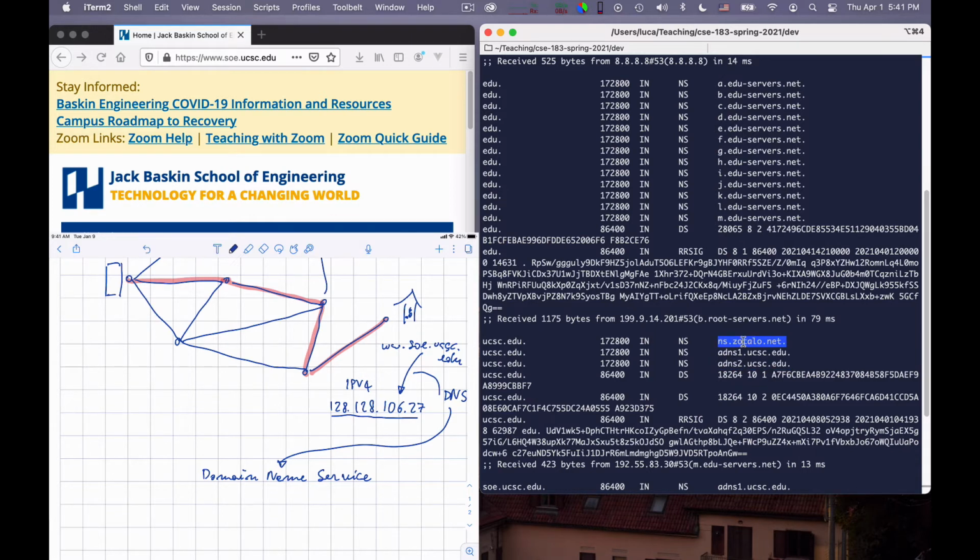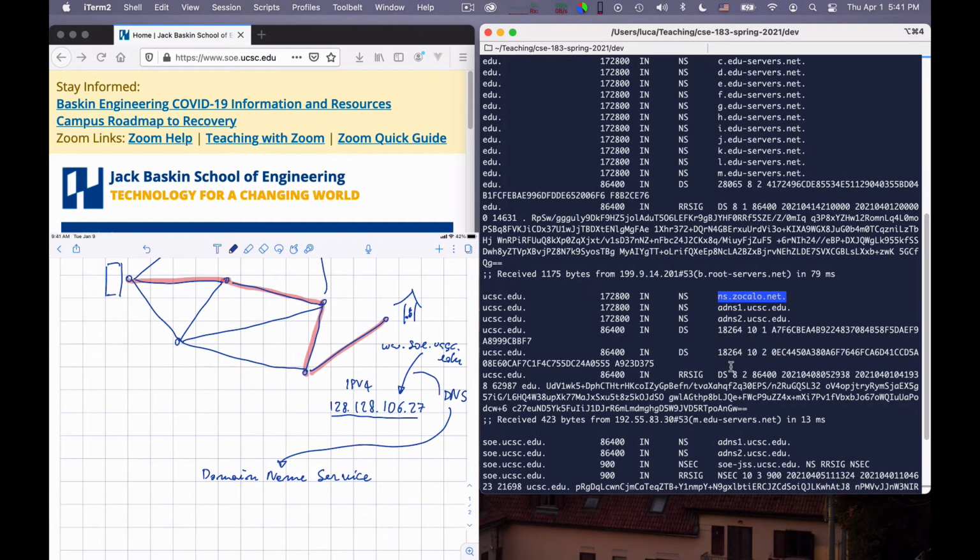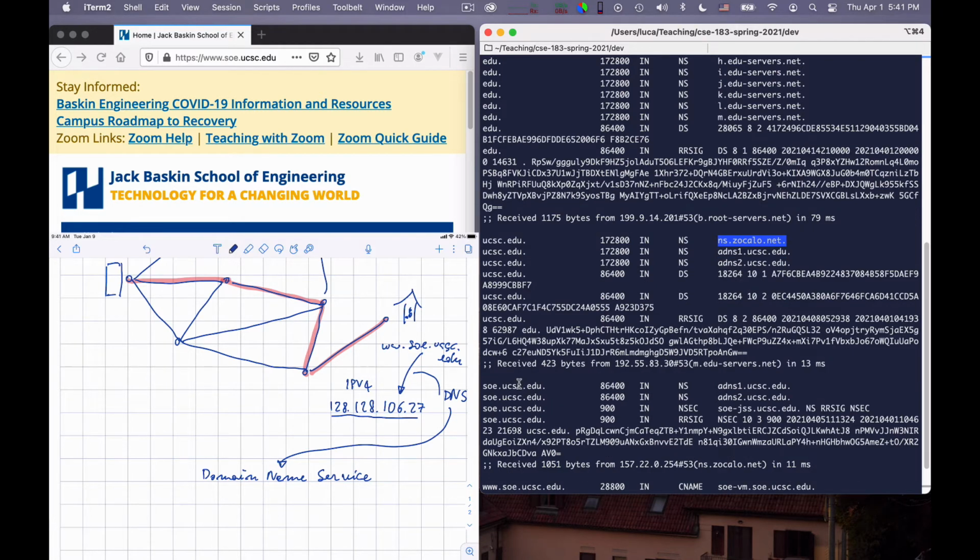This is for redundancy. Universities host each other's domain name servers so that if the network of a university goes down, you still have other universities where the information is cached. Okay, so at this point, you ask these domains, please, what is SOE? And you receive this reply: that if you want to have information about SOE, you need to ask either these or that of the UCSC domain name servers or this other one. No, sorry, these two, essentially, not this other one.